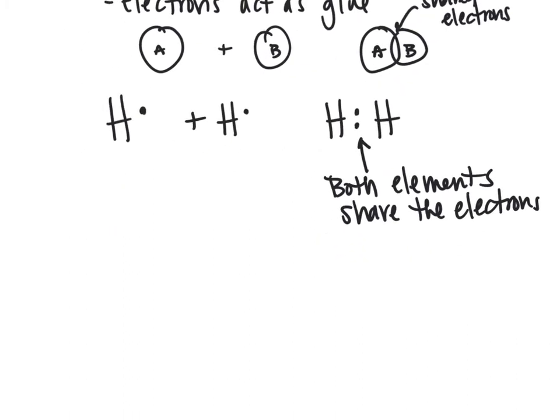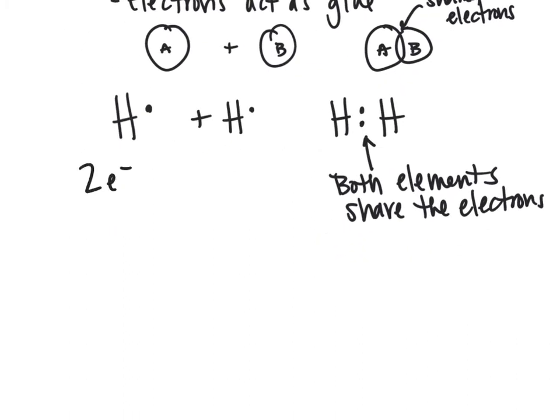It's also worth noting in this case that two electrons make a bond. And we will see later that sometimes more than two electrons will make a bond, but most of the time just two. So in this case, both elements share the electron, giving both